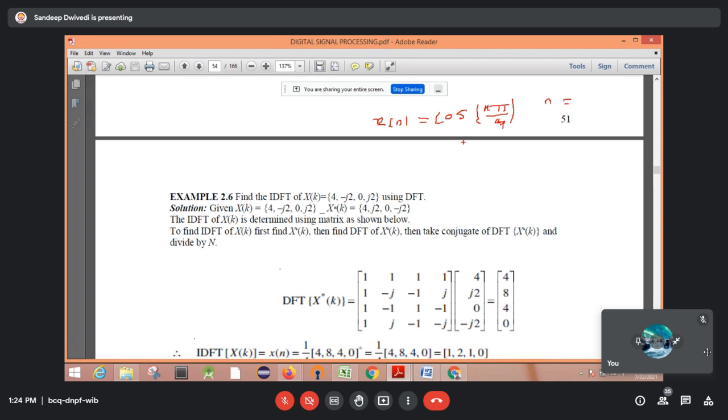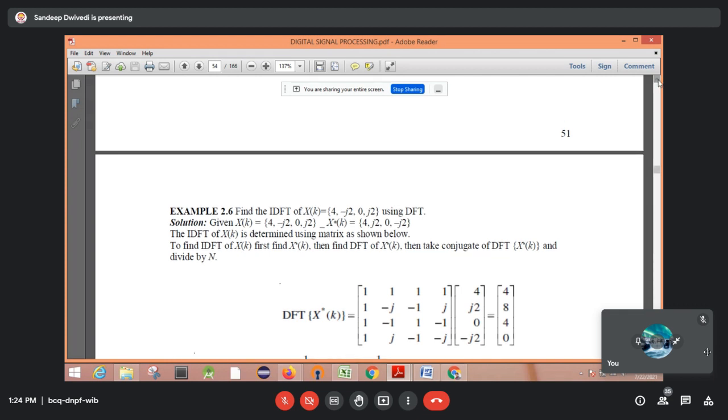Like that, they can ask for the sequence also. Instead of cos, they can write sine also, and the value of n will vary from 0 to 3, for a 4-point DFT. So in different forms they can give you this input sequence. Now for 8-point DFT,